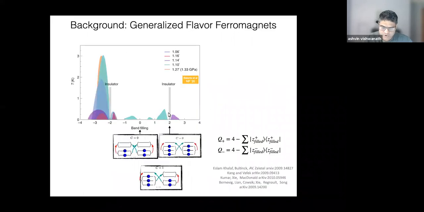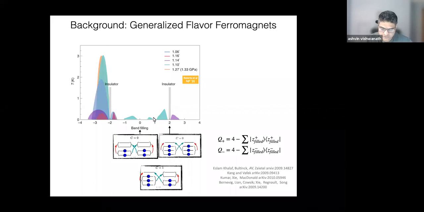Okay, so depending on what filling you have, you've got to fill different numbers of these flat bands. For example, if you have charge neutrality, you're half filling. You have to fill 2 in each Chern sector if you want a Chern 0 state. If you're at ν equal to 2, then you have additional 2 bands that are filled. You have various combinations allowed depending on what subset of these 4 you choose to fill. So that gives you a matrix that essentially captures the different kinds of ferromagnetic orders that you expect.